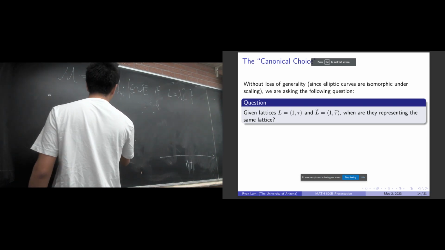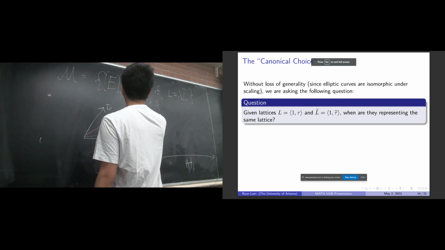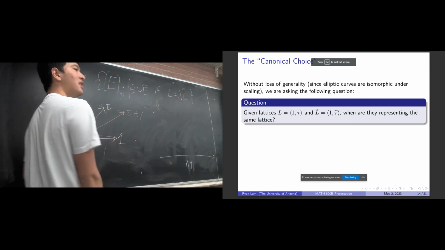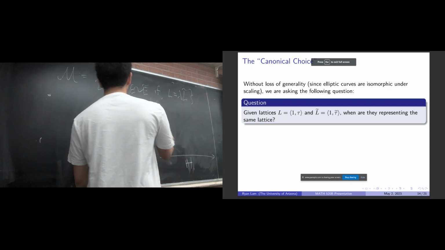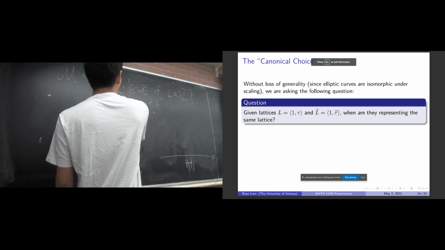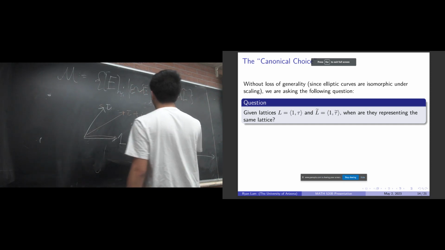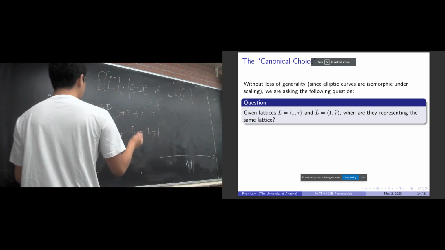The first way is to take my 1 as it is, and this to tau plus 1, right? And then we saw that because I can just do 1 back, then they give the same lattice. Okay, and in this case, tau is tau. This case will be tau plus 1. So tau tilde is tau plus 1. That's one of the possibilities. Another possibility